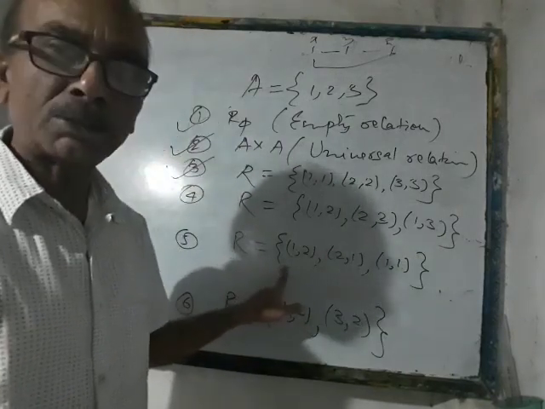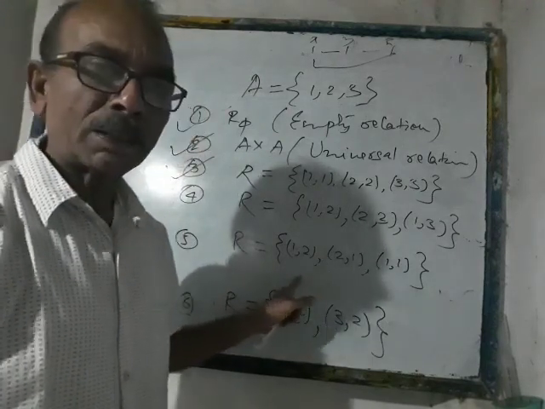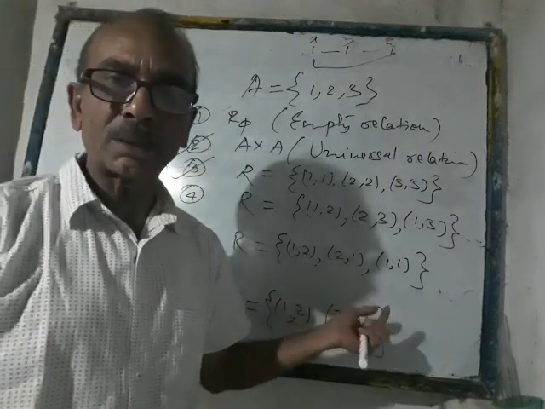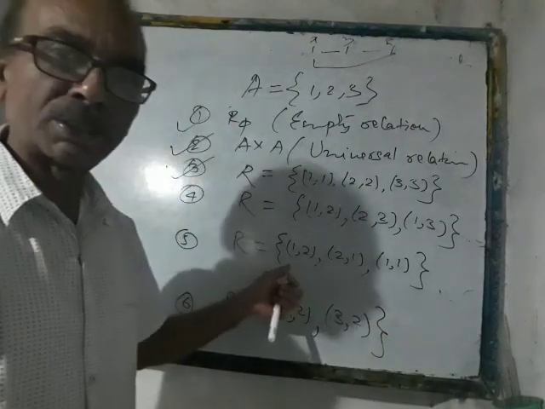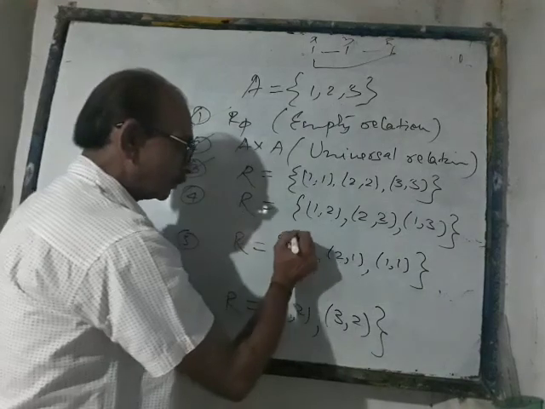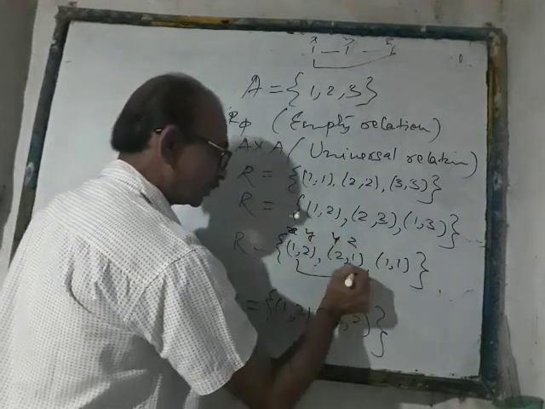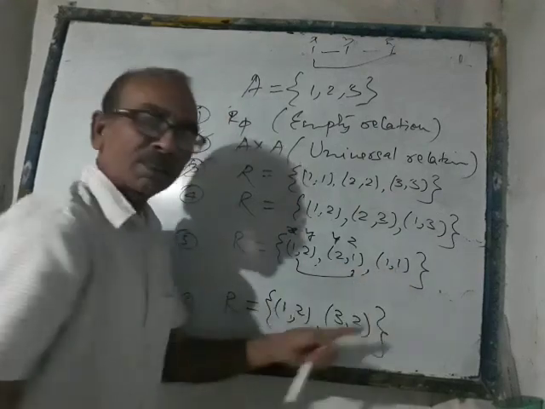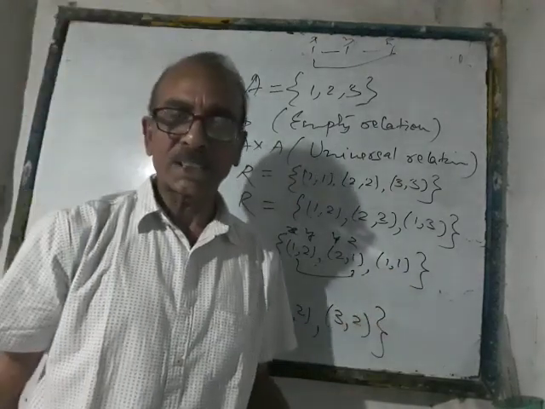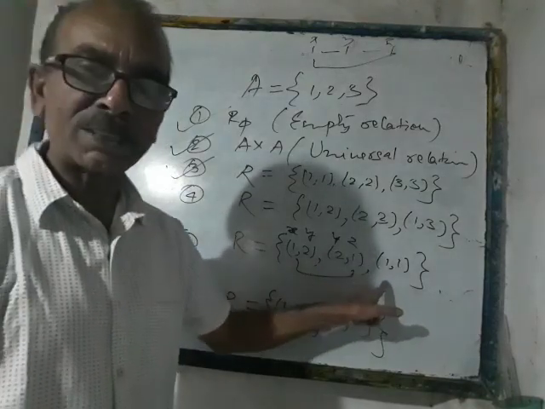In the last one, you just be careful. A lot of people make a blunder over there and say that this is transitive, whereas it is not a transitive relation. 1 comma 2 is there, 2 comma 1 is there. So if this is x, y and this is y, z, naturally what is yz? That is 1 comma 1. So 1 comma 1 is there. So they say, sir, yes, xz is there, therefore the relation is transitive.